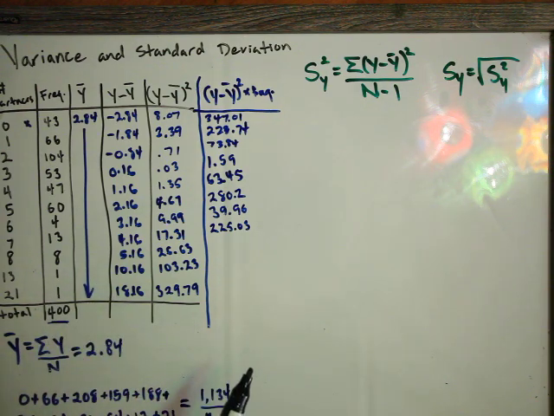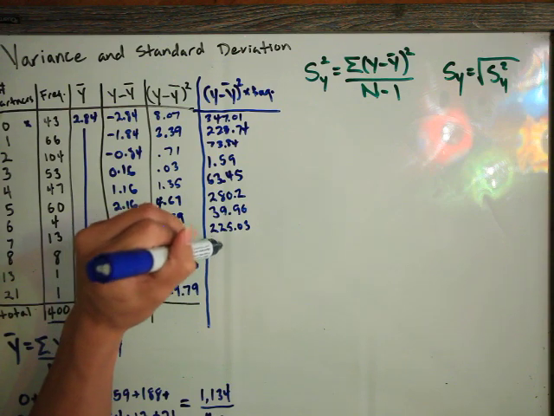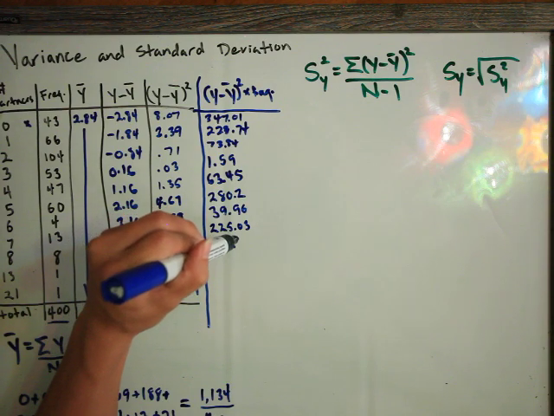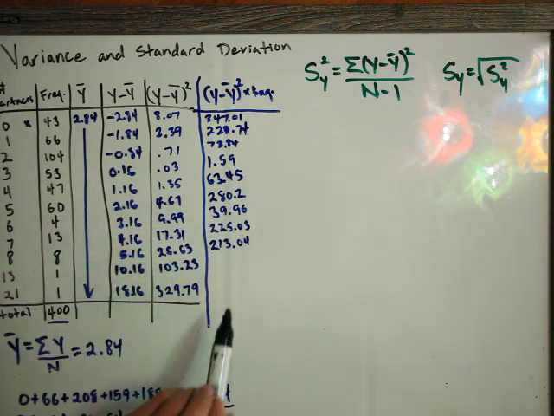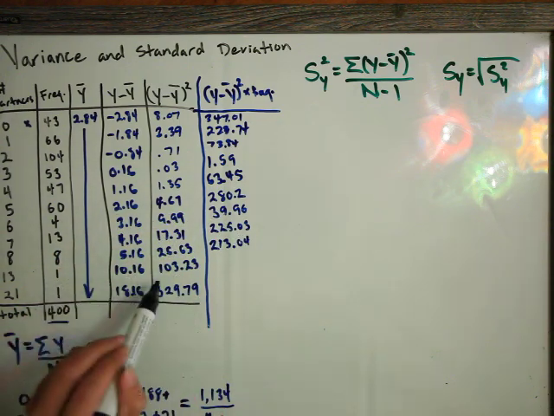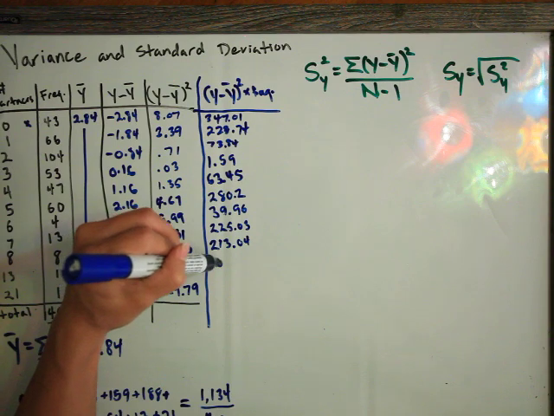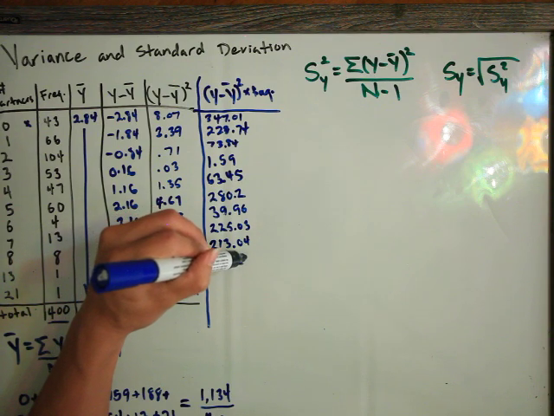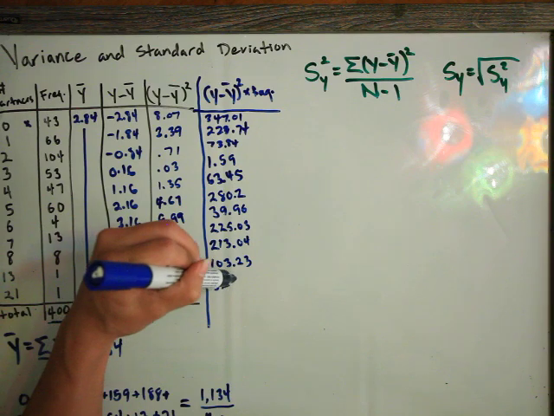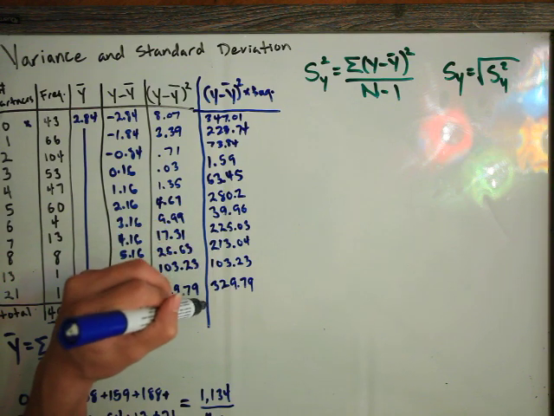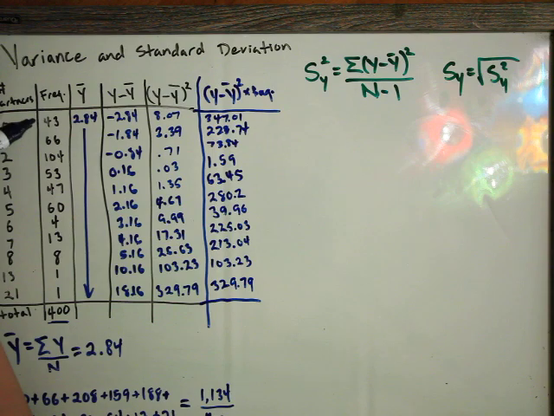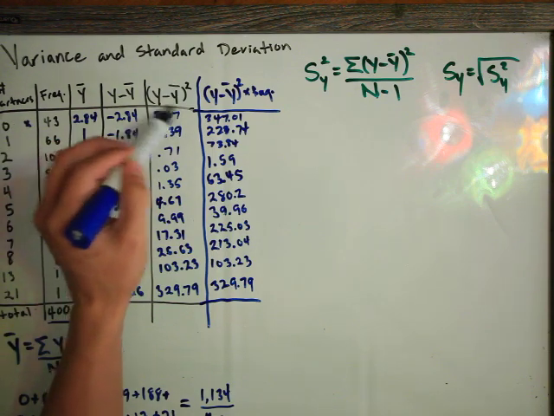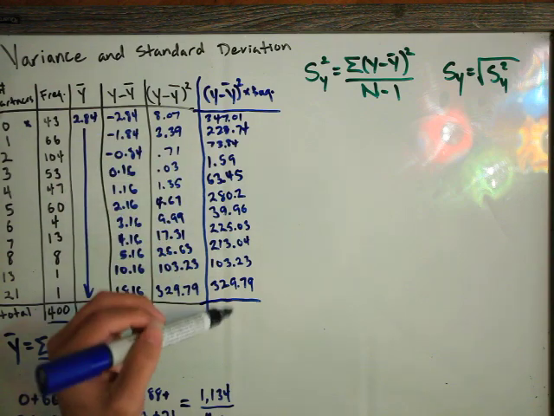Okay, 26.63 times 8 is 213.04. And each of these only happens once, so it's the same number. 103.23 and 329.79. So now that we've accounted for the frequency of each of these differences, we can add these numbers up